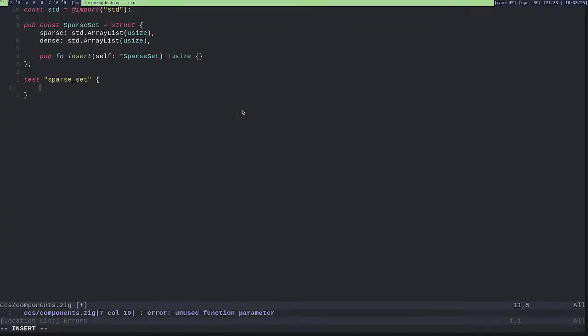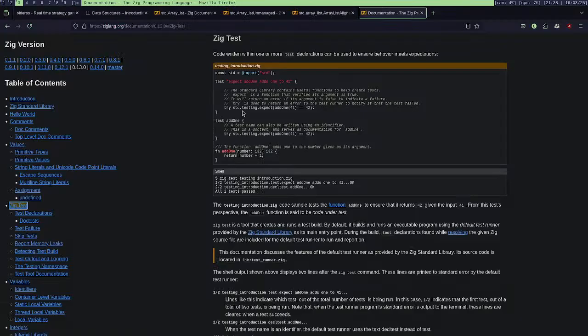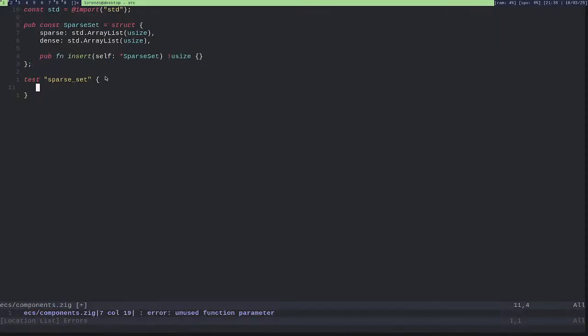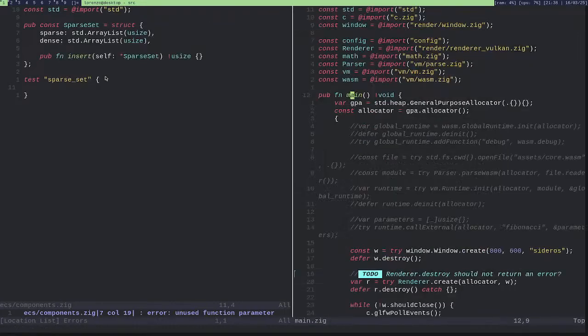Zig test. So oh, okay. I will just import this inside of main.